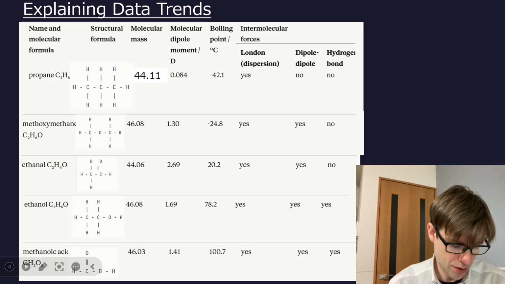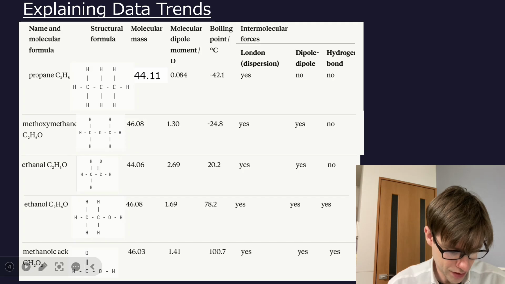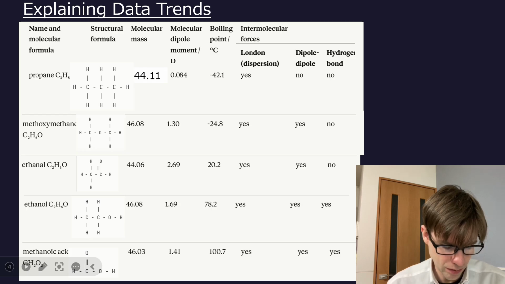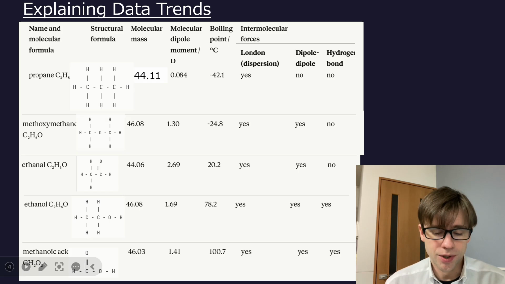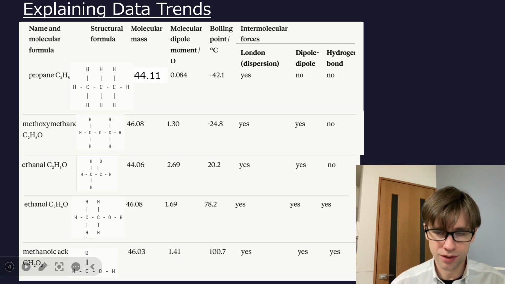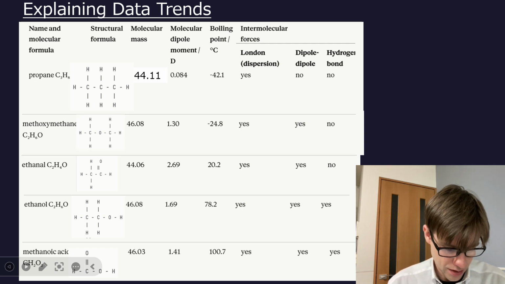Let's compare then ethanol with ethanal, C2H6O versus C2H4O. And you can see the structures there. So ethanal has a C double bond O. I think that's also why it has a stronger dipole than methoxymethane, because that has only carbon-oxygen single bonds. But a carbon-oxygen double bond means that oxygen has sort of twice as much power to take two pairs of electrons from that carbon and create a region of negative density. Okay, but going back to ethanol versus ethanal,